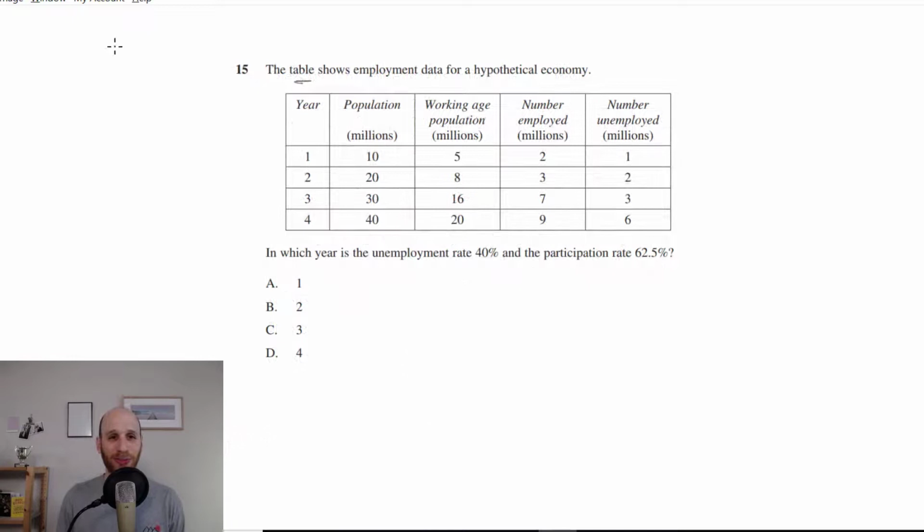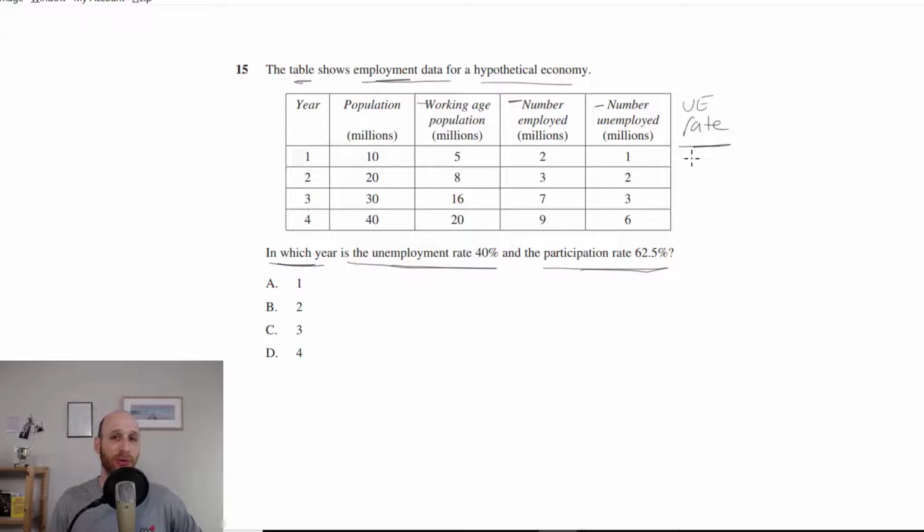Okay, question 15, lots and lots of numbers. Table shows employment data for a hypothetical economy. My favorite kind of economy. So you can see here that we've got working age population, employed, unemployed. In which year, they're going to make me go through all of the years, is the unemployment rate 40% and the participation rate 62.5%. Okay, what I might do to start with is put an extra column